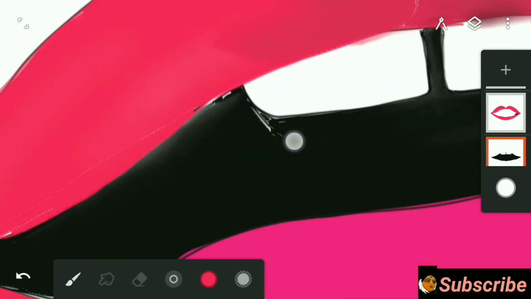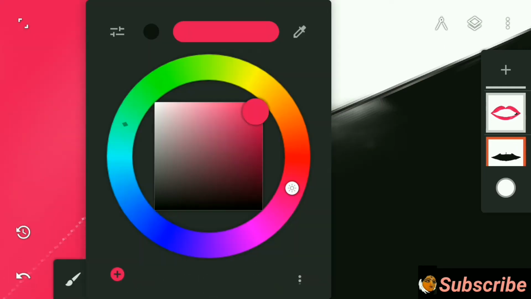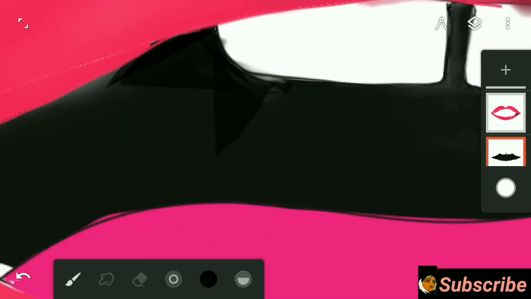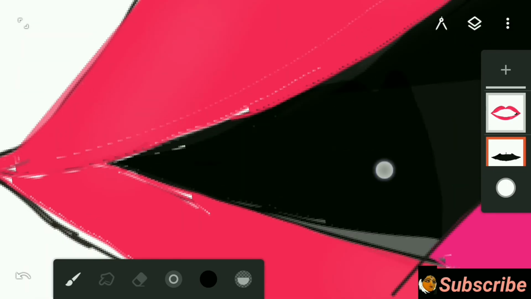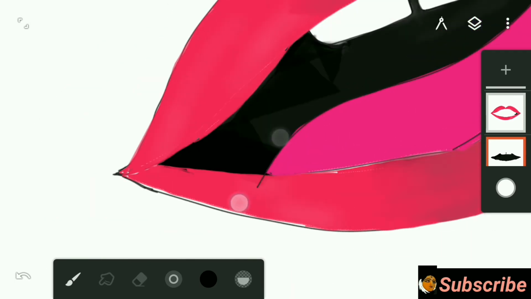The select option is very important. Suppose you want to select a particular portion of your layer, then select the portion and do your thing. I use almost every tool available for a layer. I will show that too. You just need to do one thing. Watch the video till end.